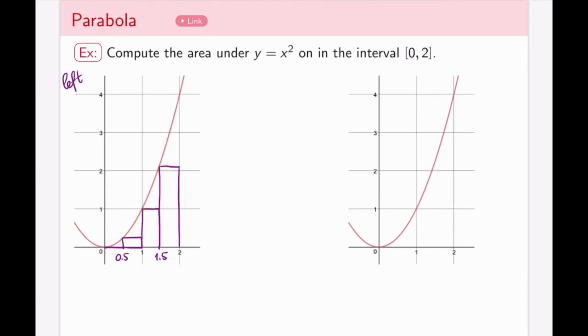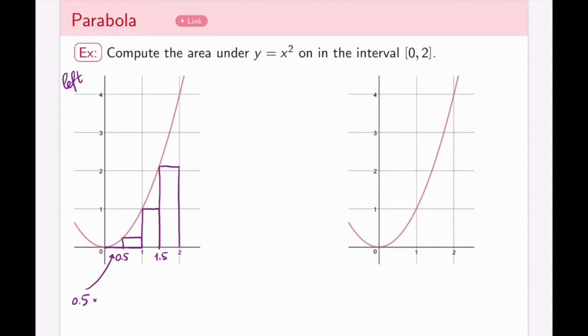Now I can see that this is not perfect. I'm missing quite large chunks here and there, but this is the first step in developing the process. Let's actually figure out what the number is here. What I notice is that for each of the rectangles, the width is going to be 0.5. So the area of the first rectangle is 0.5,